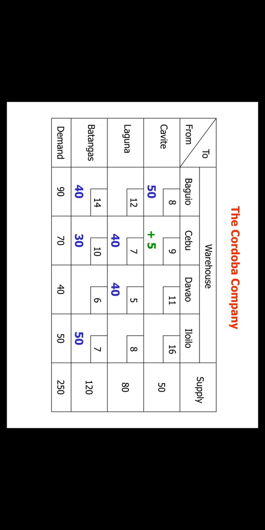Next, a new cell, the one with the cost of 11. The closed path of that new cell would be from 11. You go down to the used cell with the cost of 5, left to the used cell with the cost of 7, down to the used cell with the cost of 10, left to the used cell with the cost of 14, up to the used cell with the cost of 8, back to our unused cell with the cost